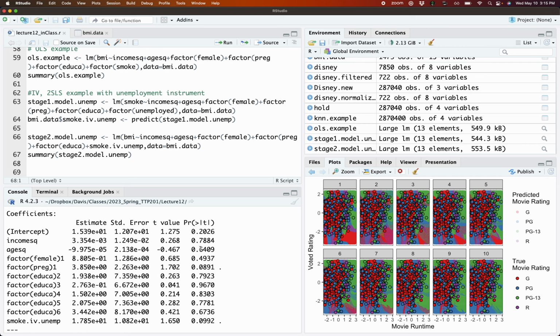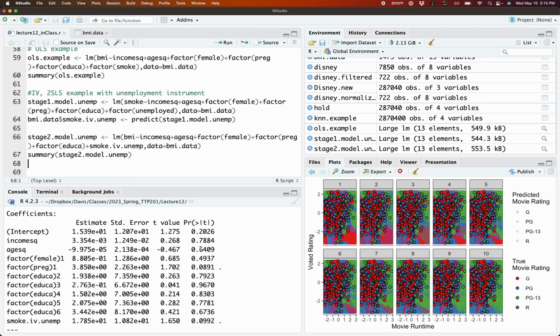Okay, so forget about the standard errors for a second, because when you do it in this manual way, these standard errors are going to be computed incorrectly. There's actually a package I'll show you guys in a second that does all this and then computes the errors correctly, but